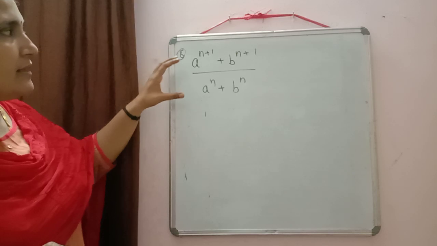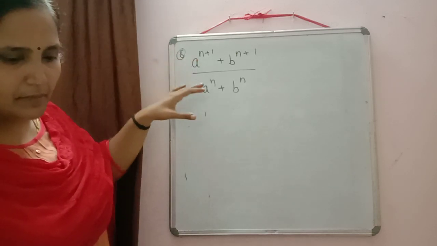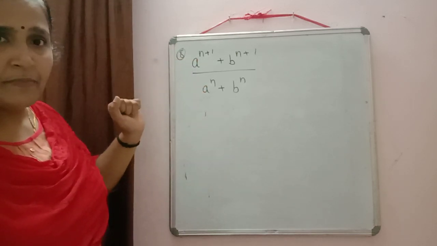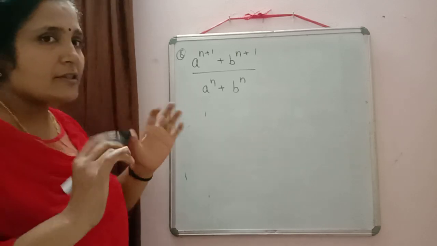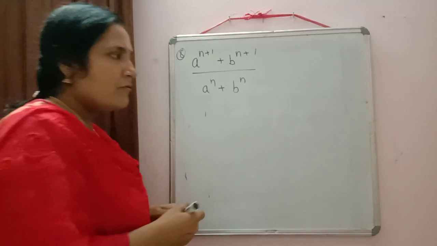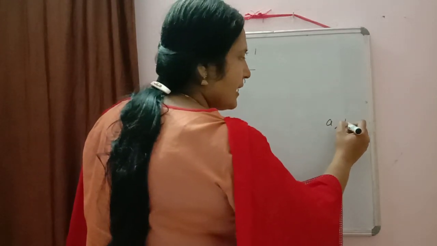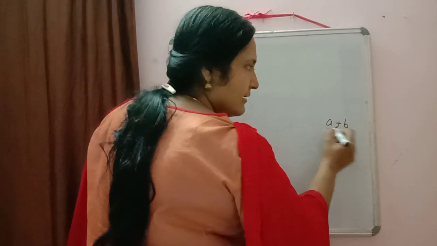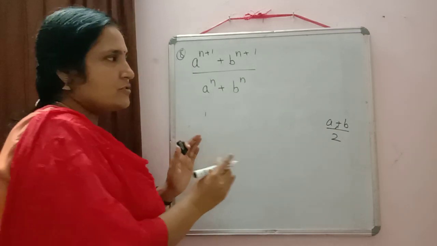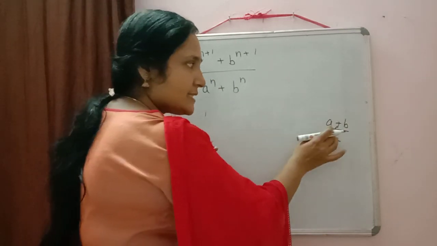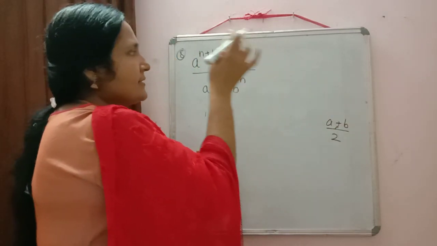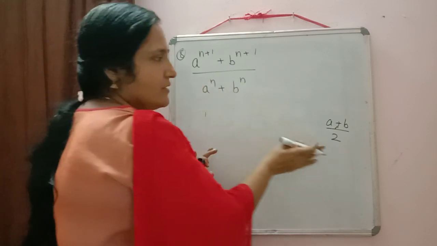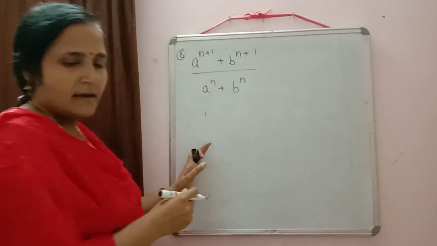So it was given in the question, this is the arithmetic mean between a and b. But we know what the arithmetic mean of two numbers is. What will be the arithmetic mean of a and b? Arithmetic mean means mean. We know it is a plus b divided by 2. So already it is given. We know this is the arithmetic mean and it is given this is the arithmetic mean. So what we will do? We will equate. Write down.